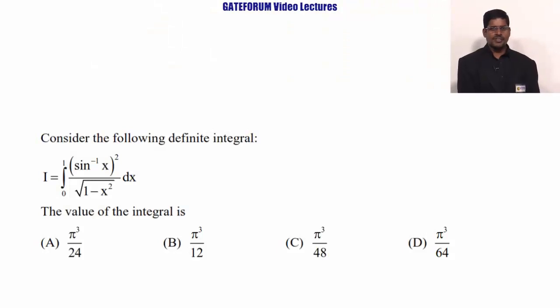Consider the following definite integral. I is equal to integral 0 to 1 sin inverse x whole square upon root over 1 minus x square dx. The value of the integral is ABCD options given. This is from engineering mathematics. Topic is calculus. Subtopic is integration, which is from GATE 2017. The solution is,